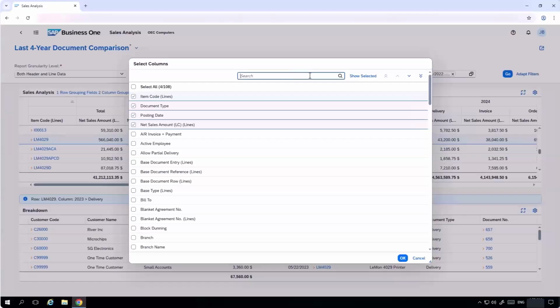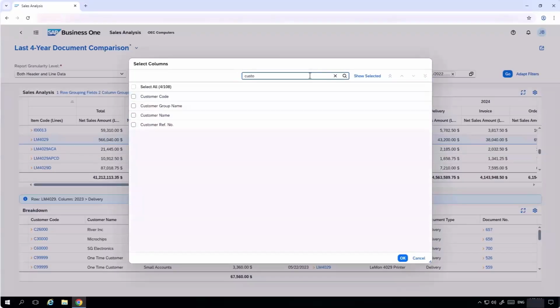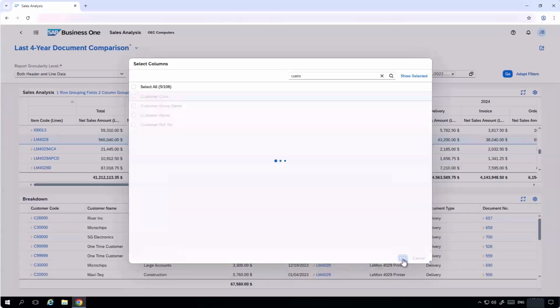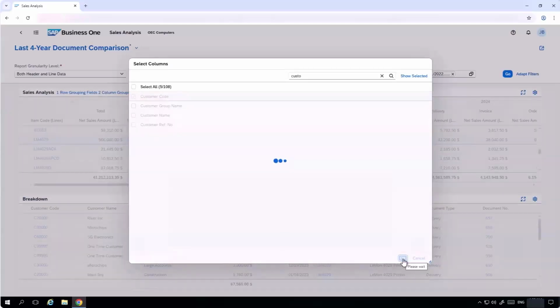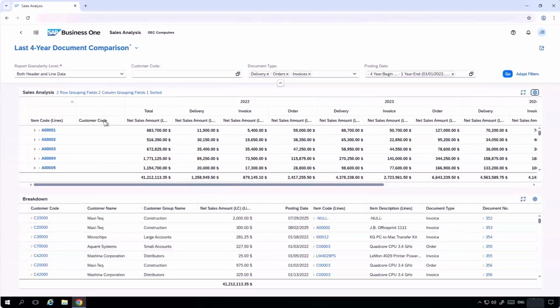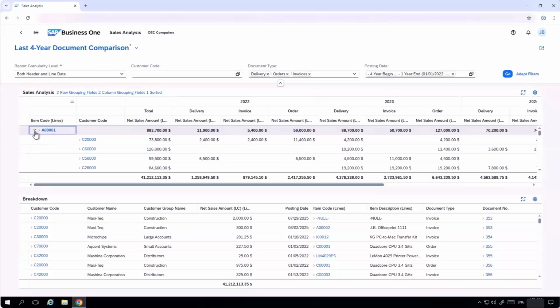Let's start off by selecting a dimension, and this is going to be the customer code. We enter in the customer code as a dimension, and by default, we press OK. By default, it's added as a row dimension in the hierarchy under the item code dimension. So let's expand the item code dimension, and now we see the customer code under that, and we see the